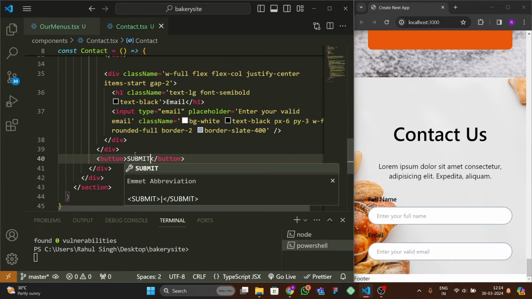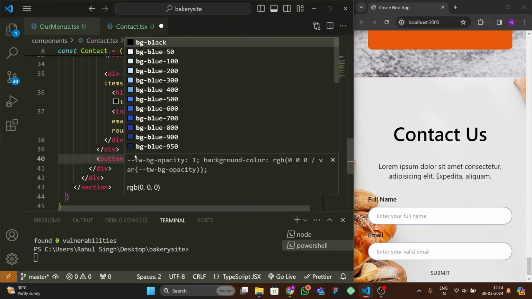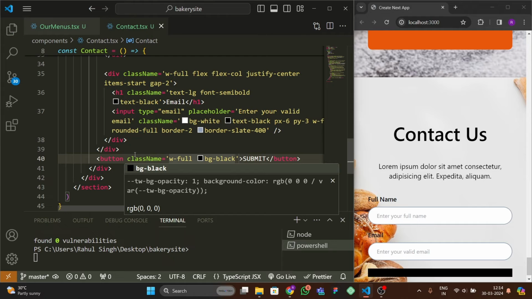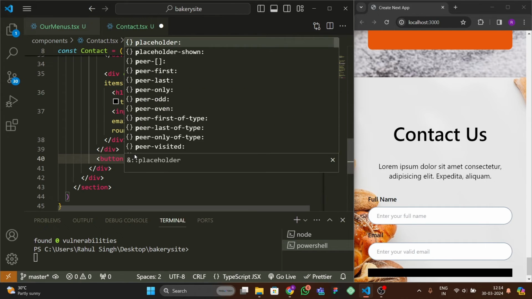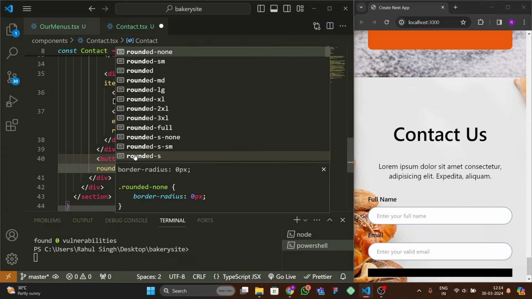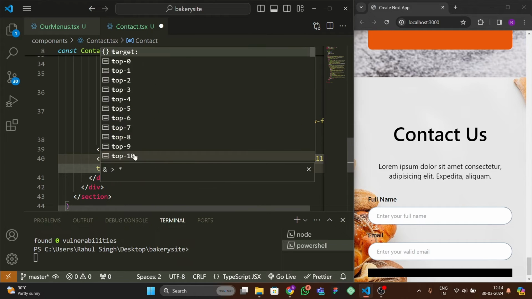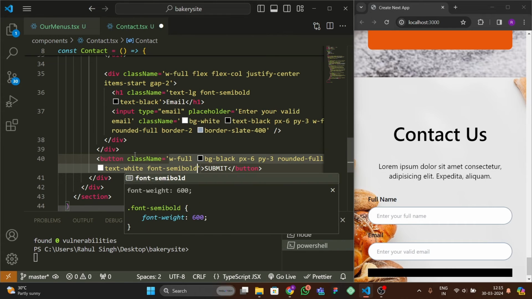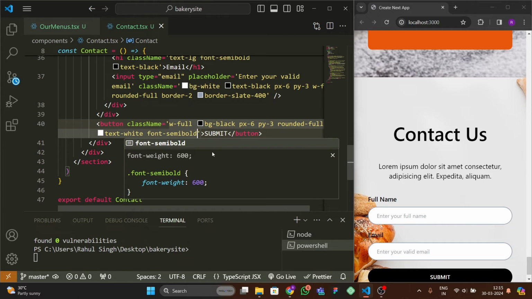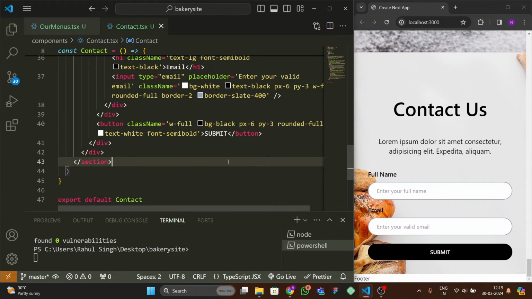and this would say submit, and let's give here some classes: width full, bg black, padding in the x-axis would be 6, and padding in the y-axis would be 3, rounded full, text white, and font would be semi bold. Okay,